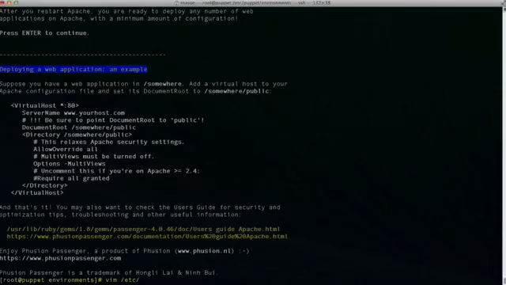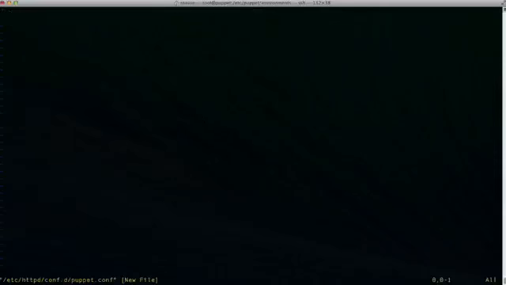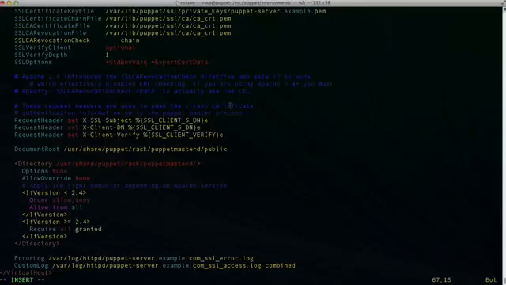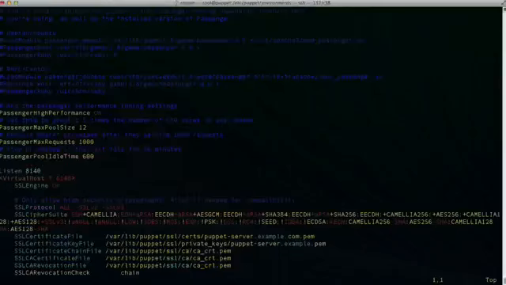Let's open the file by typing vim /etc/httpd/conf.d, and then we'll call this puppet.conf, and paste that file right in here. We do need to modify a couple of things. If we go back up to the top, let's take a look. We go down. The first thing is that they have two blocks right here that are commented out. Because we're installing this on RHEL or CentOS, we need to uncomment this block